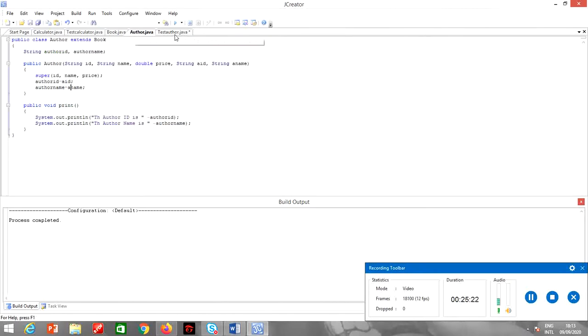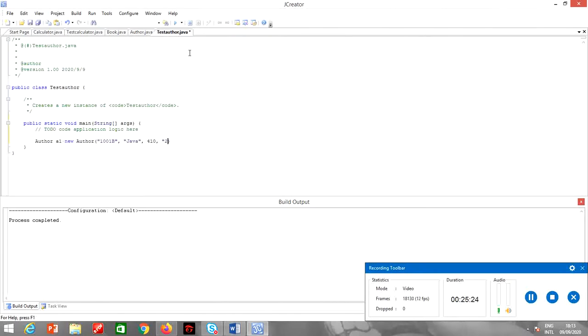Then what do we have? Author ID 246B10, any ID, and author name.